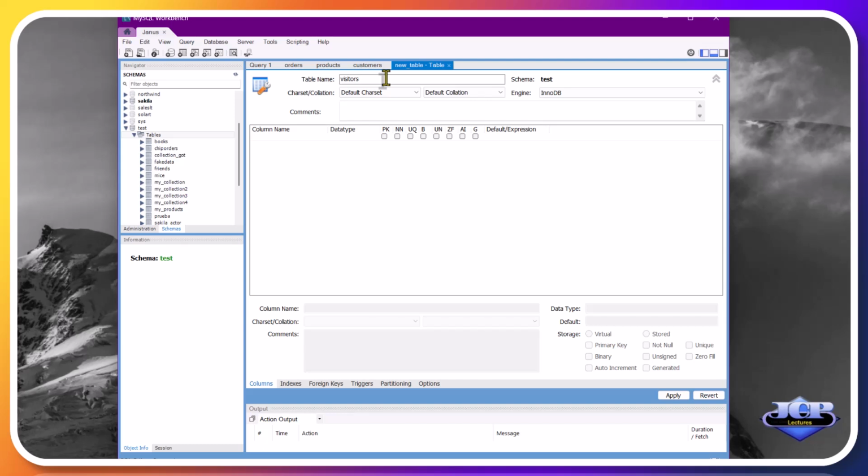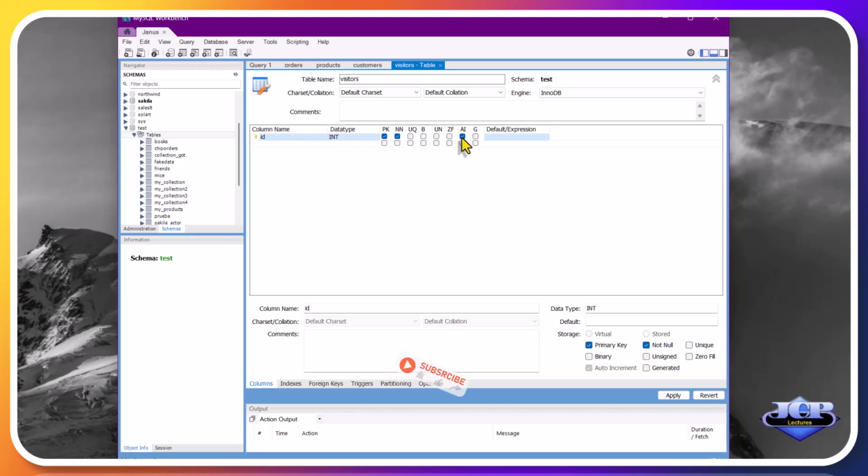The name of this table will be Visitors. And it is going to have 3 fields: ID, name, and visit time.